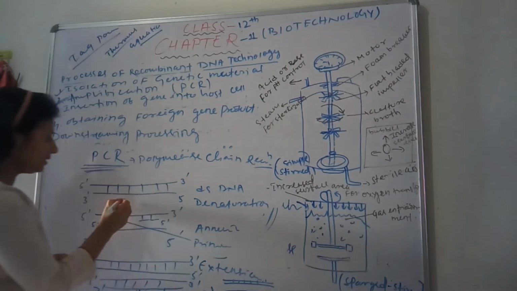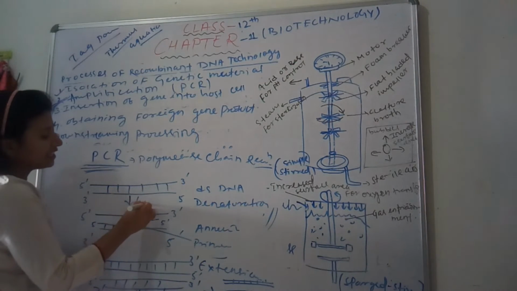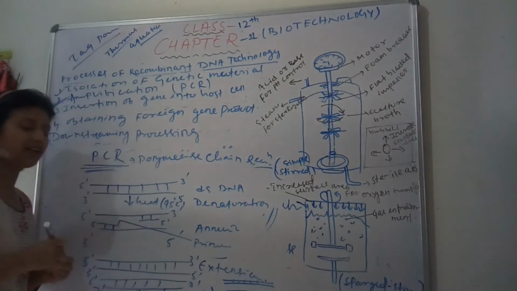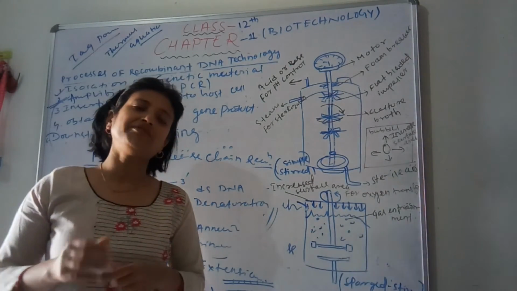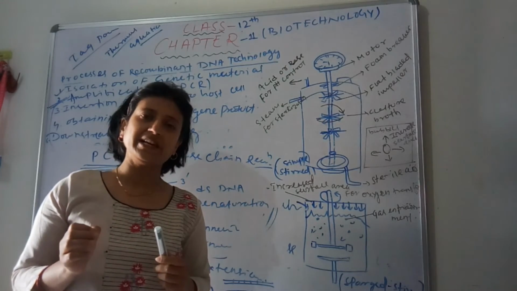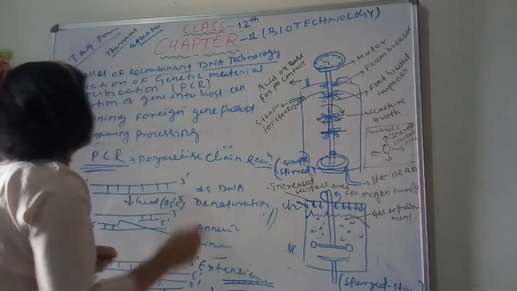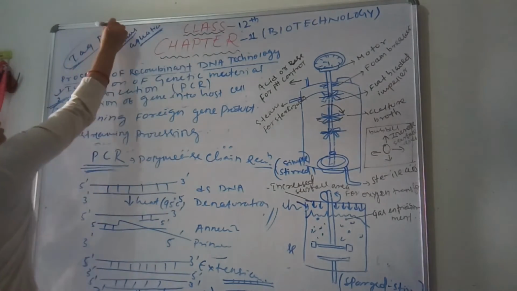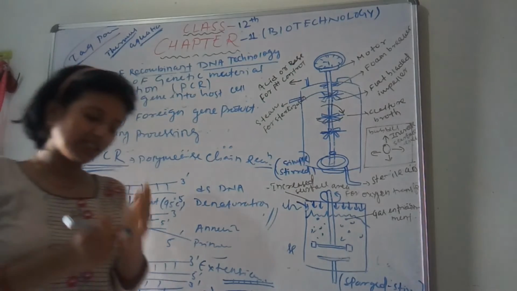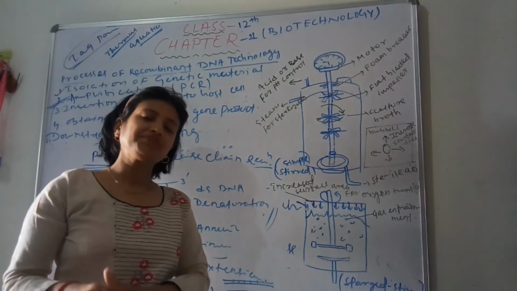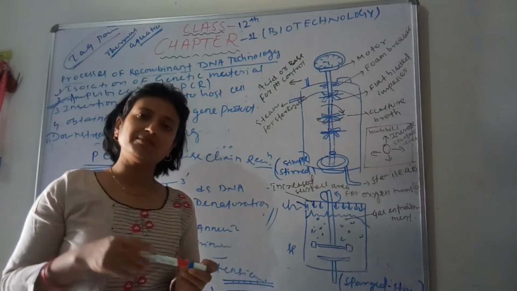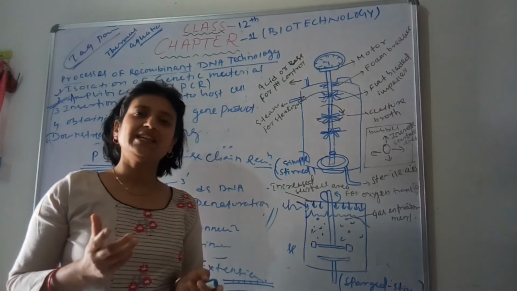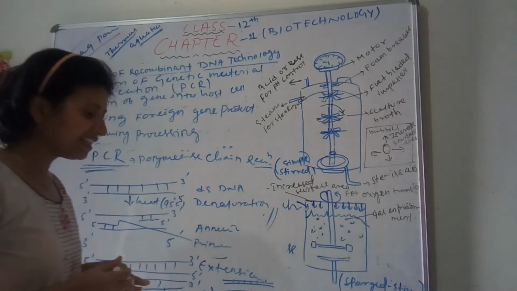Another thing I skipped. For denaturation, it needs heat, and that is more than 95 degrees Celsius. For excess heat tolerance, we can use Taq polymerase enzyme. Taq polymerase enzyme is extracted from the bacteria Thermus aquaticus. Taq polymerase is the enzyme which helps in the process of polymerization. That is extracted from the bacteria Thermus aquaticus, which is also known as thermostable bacteria, as it has the ability to resist a high range of temperature.